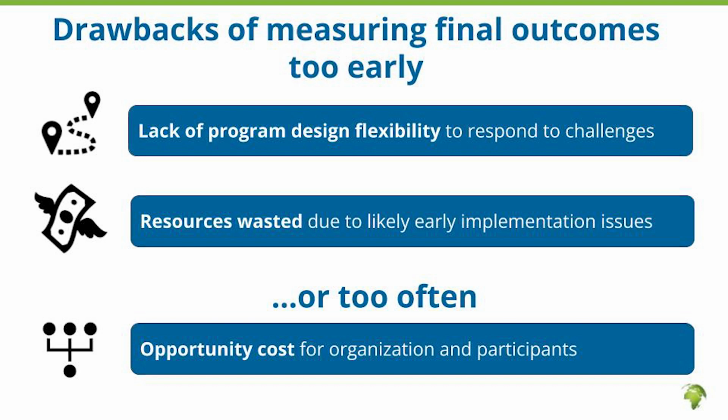So I'll wrap up there, just making the case that Innovations for Poverty Action obviously is a big proponent of using credible evidence, and we generate a lot of that ourselves. But we just want to make the case that that's not always the only thing you should be looking at, because it can actually reduce your flexibility in adapting the program if you're looking too rigidly at those final outcomes too early. It's sometimes not the right time to be looking at that. Instead, we want to be looking at innovation and monitoring in specific contexts. Thank you.